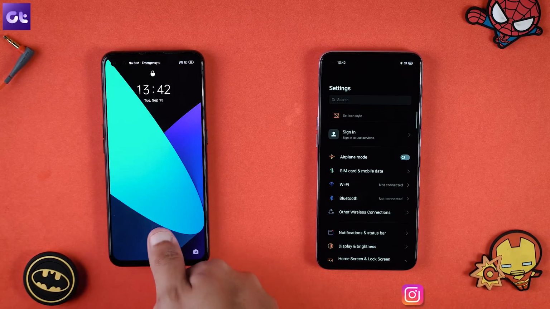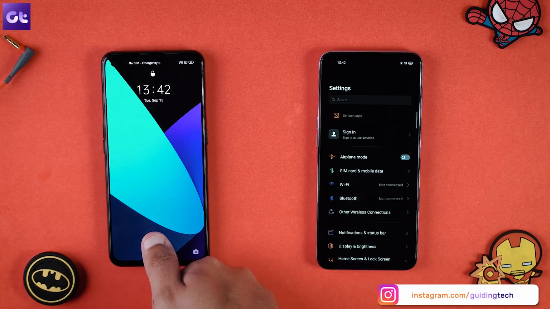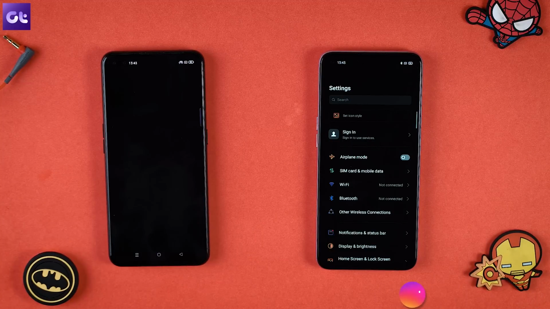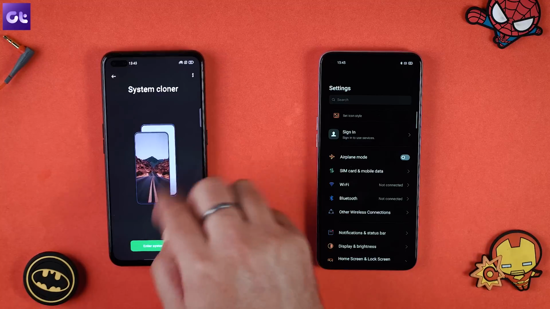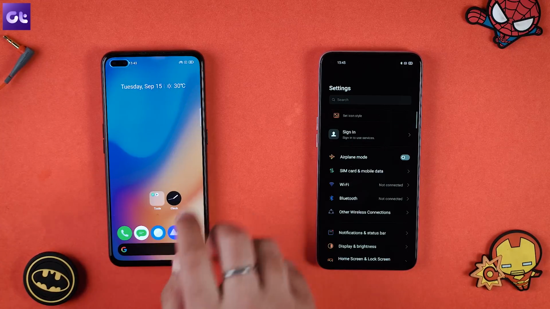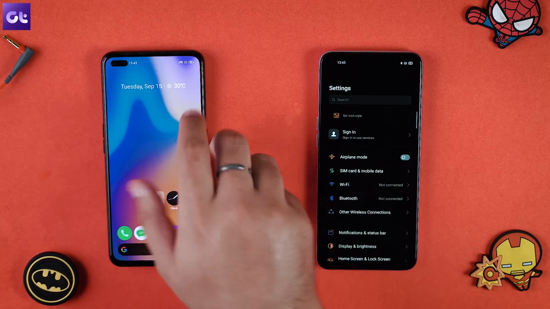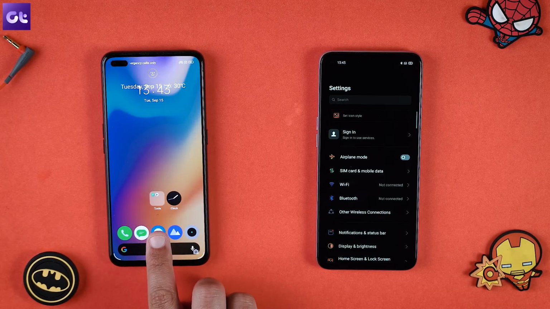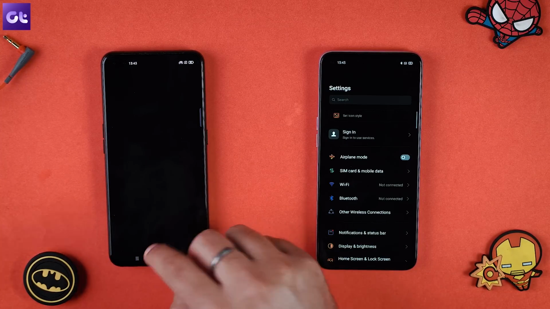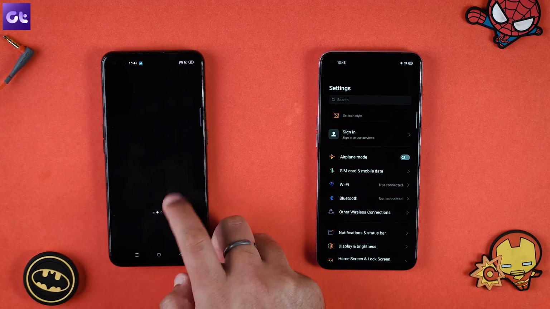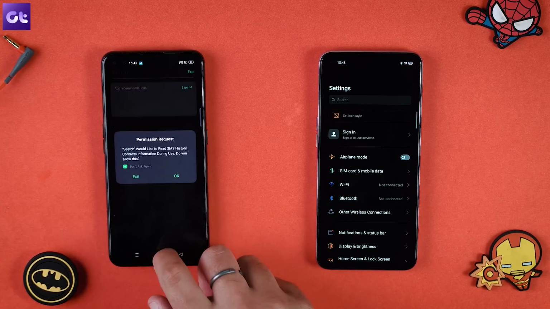So if I'm on the lock screen and I use my thumb to log in, what will happen? It's kind of slow right now because it's still in beta, but it'll take me back to my original setup, which is my primary account. But if I try and log in with my other finger, it'll take me to the system cloned version. That's a different account. And as you can see, it's way too buggy right now. But I mean, it's in beta, so let's just give it the benefit of the doubt for now.